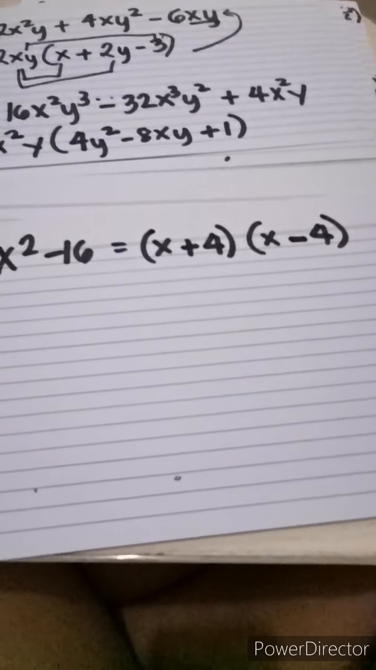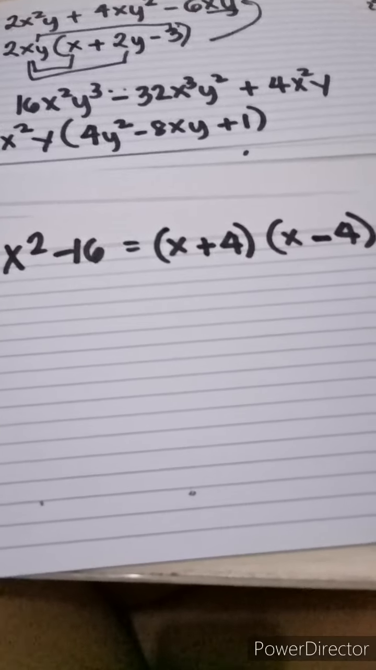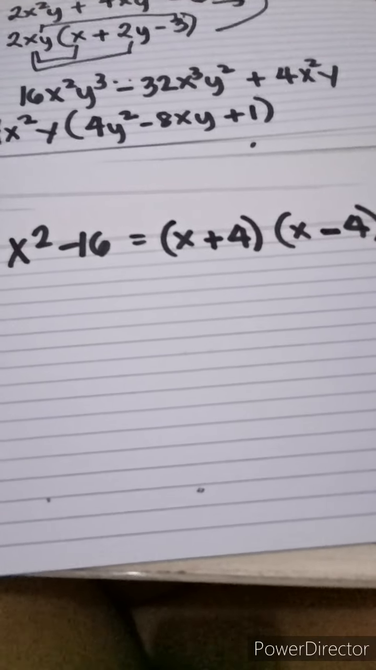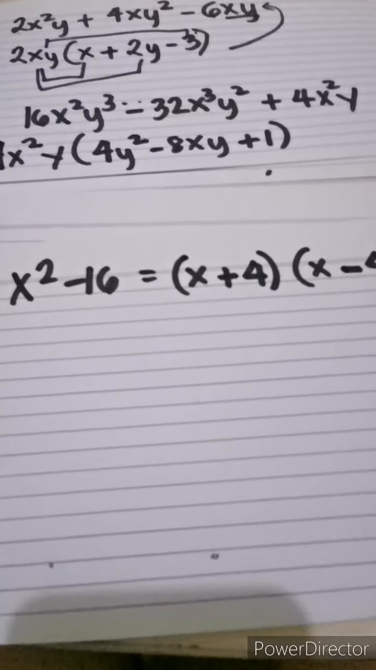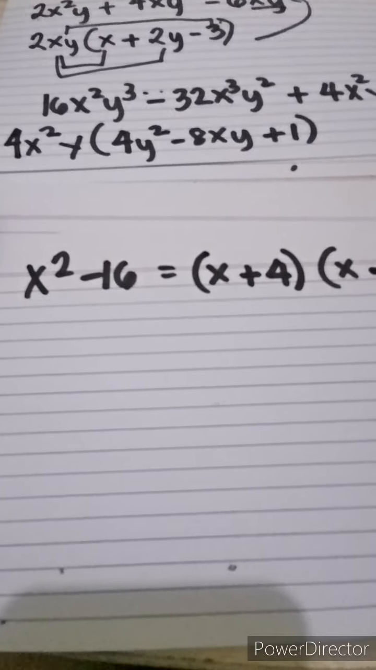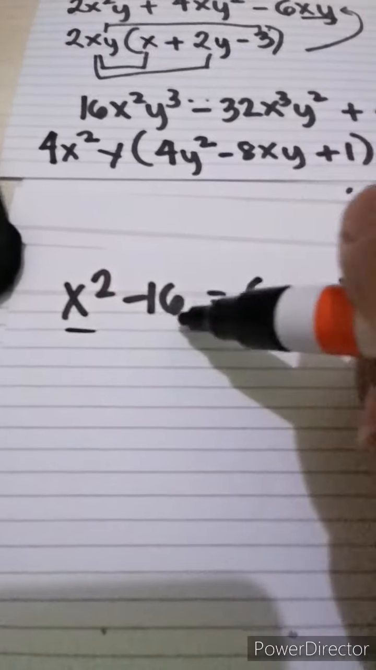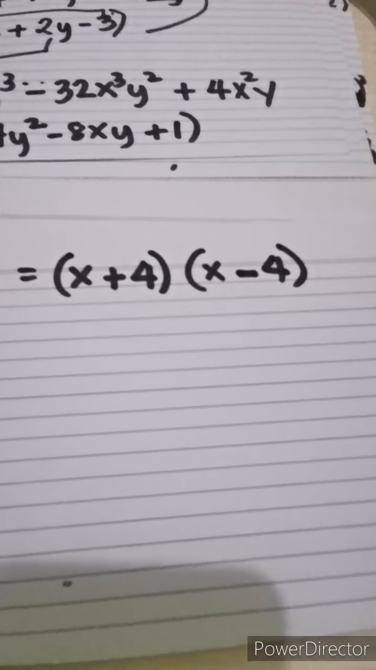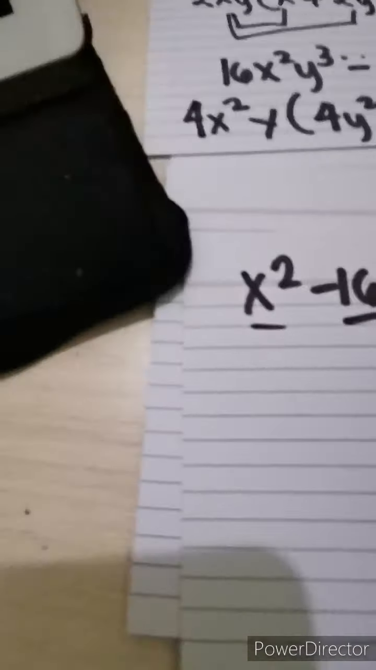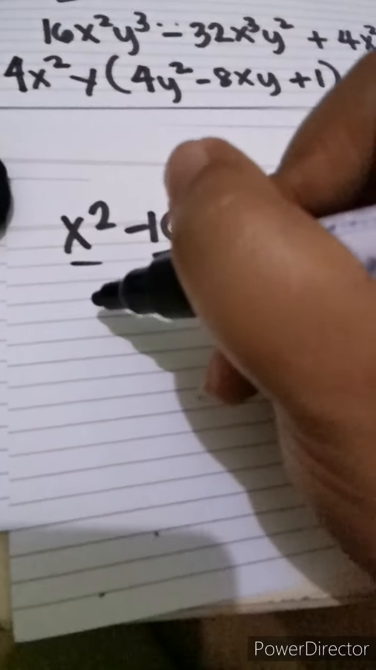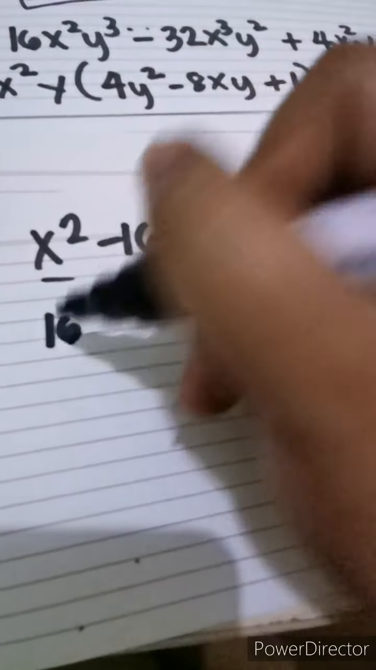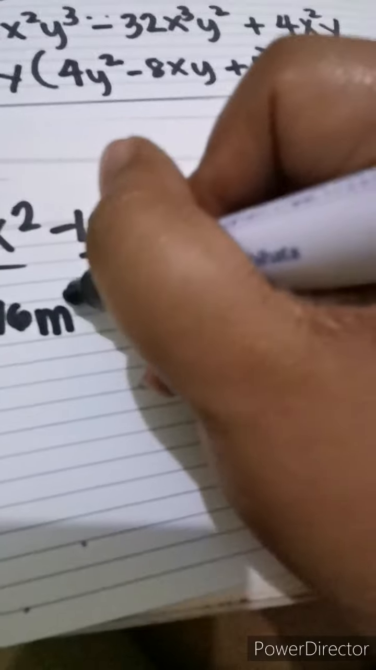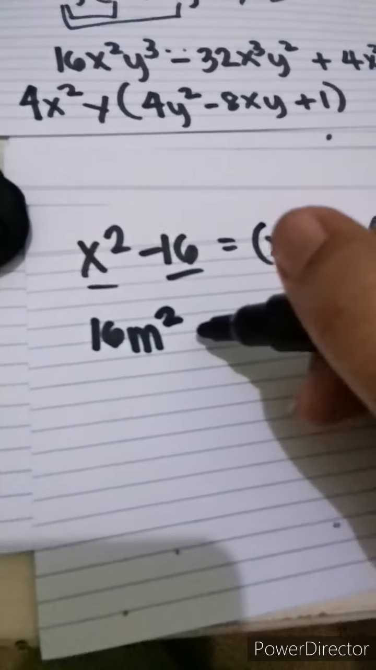So, kailan mo malalaman na ang gagamitin mo ay difference of two squares? So, first, look at the first and second term. Kapag parehas siya na perfect square, ibig sabihin, ganito ang kanyang magiging factor. So, for example, another example, we have 16m squared minus